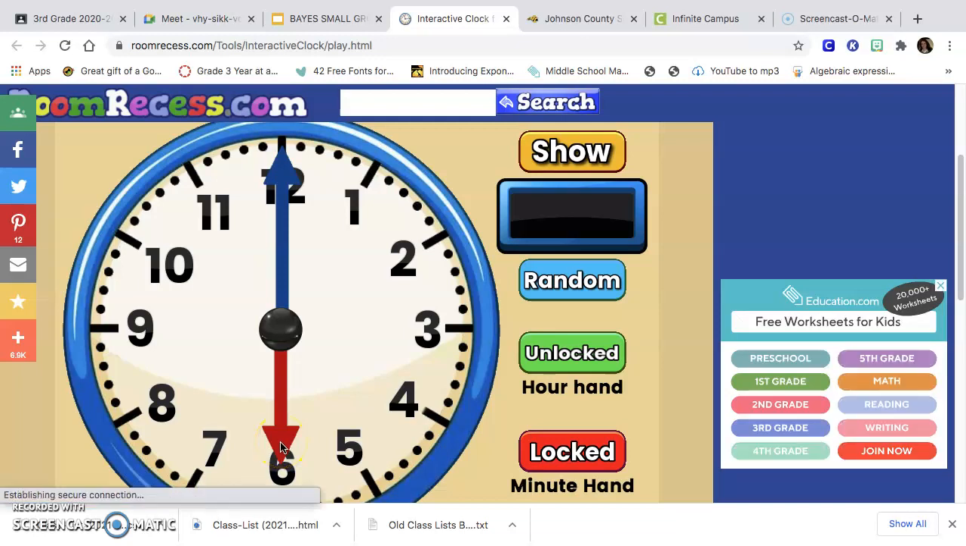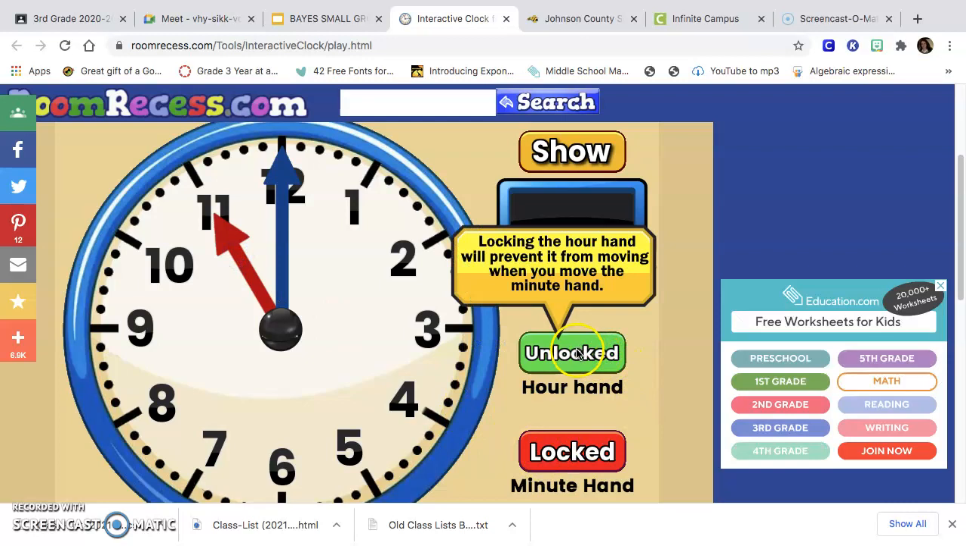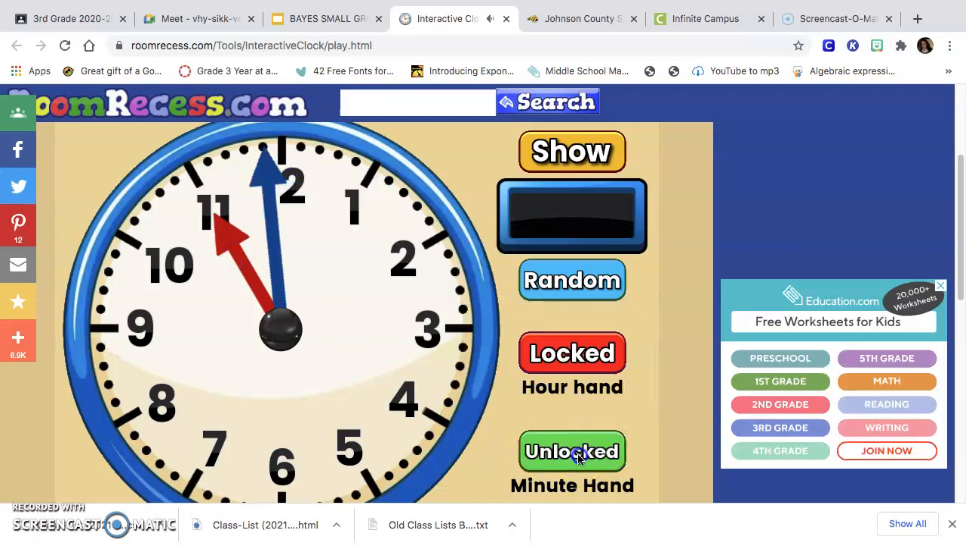So that time said that the train was to leave the station at 11:23. So the first thing that I'm going to do is come up with my short hand, the hour hand, and take it to the 11. And then I'm going to go ahead and lock it. I'm going to unlock that minute hand because it said that the train should leave the station at